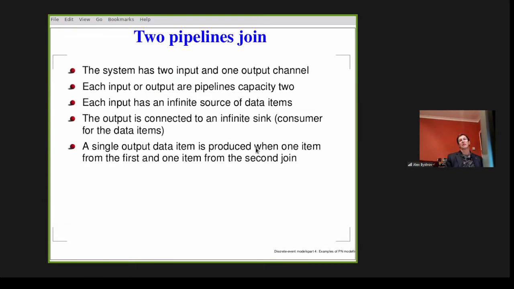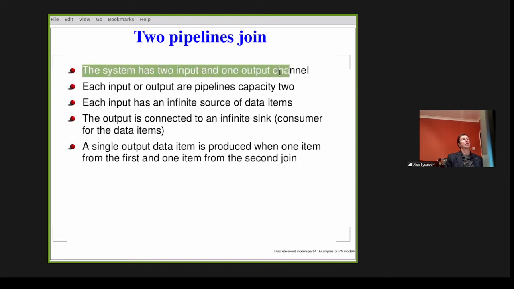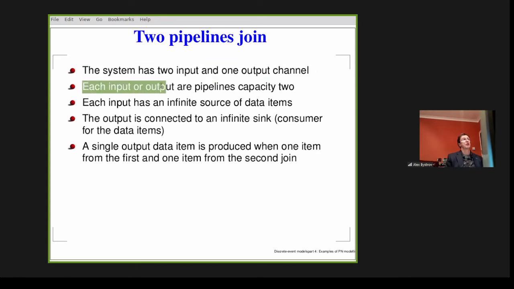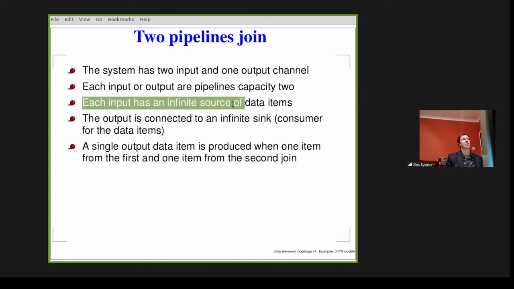So the first problem to solve: two pipelines joined together. The system has two input and one output channels. Each input or output is a pipeline of capacity 2. Each input has an infinite source of data items.